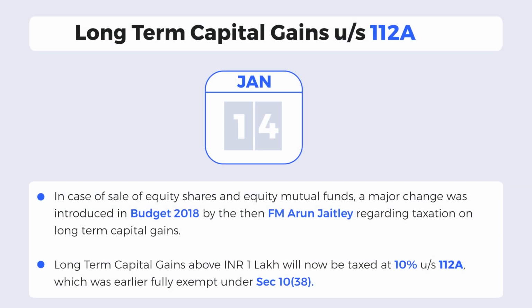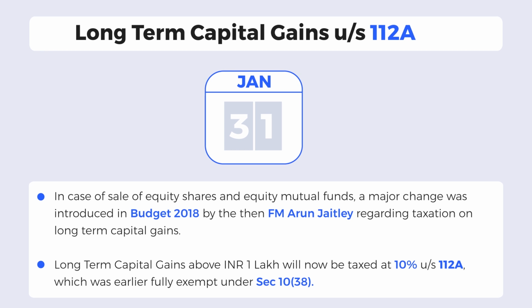In case of sale of equity shares and equity mutual funds, a major change was introduced in the Union Budget of 2018 regarding taxation on long-term capital gains. Long-term capital gains above 1 lakh rupees will now be taxed at 10% under Section 112A, which was earlier fully exempt under Section 10(38). If you have purchased shares on or before 31st January 2018, the grandfathering rule will be